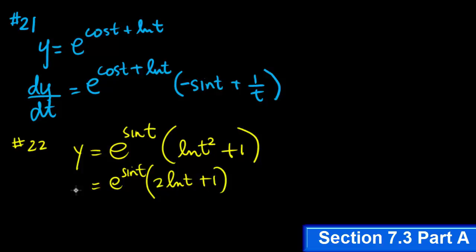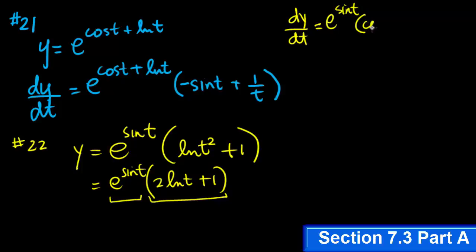Okay? So now you look at the big picture and say, what do I need to do here? Well, it's a product of e to the sine t and this sum. So I'll take the derivative of this first, multiplied by that, plus this times the derivative of the second function. So now we're ready to take the derivative. dy by dt is equal to, just copy that, it's e to the sine t, and then chain rule, because what's the derivative of sine? Cosine t. Okay, so far that's what I did, multiplied by,